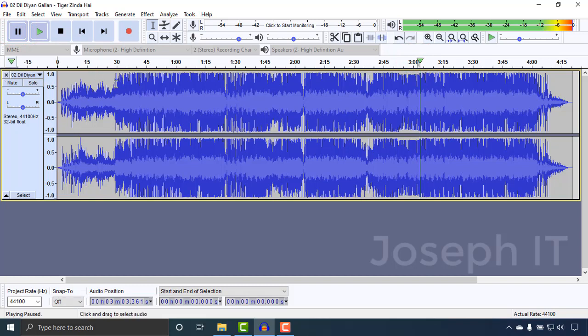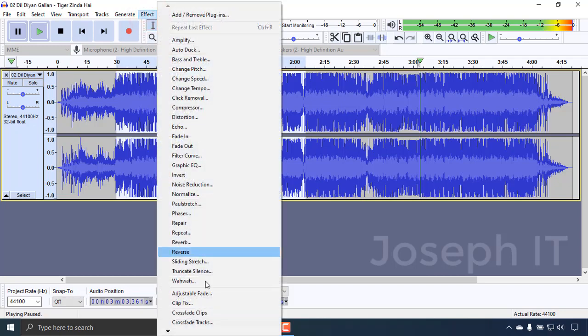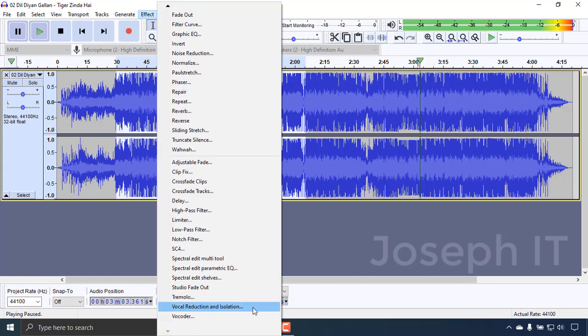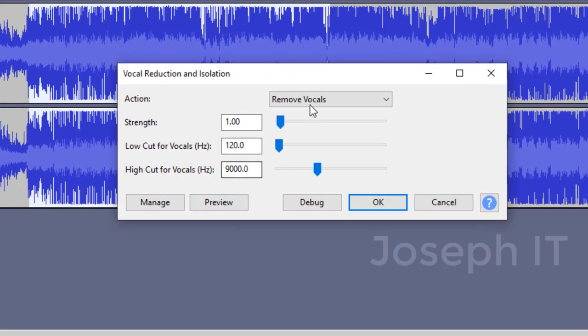Now I'm just going to make karaoke of this song from this track to there. Okay, this portion just for demonstration purpose. And now I'm going to Effect and scrolling down, going to Vocal Reduction and Isolation, and now from there simply choose Remove Vocals, and there you'll be able to find some options. You can play with it, but trust me, those default settings play the best and give you the best results. So I'm just not going to change anything, and I can also have a preview, but I'm just going to click on OK,